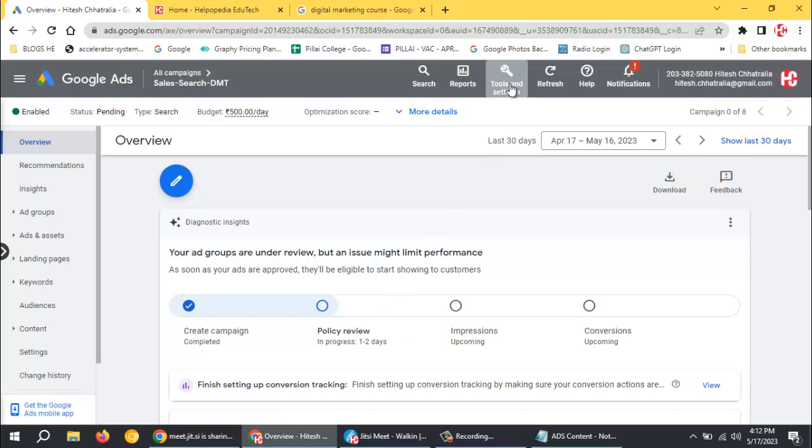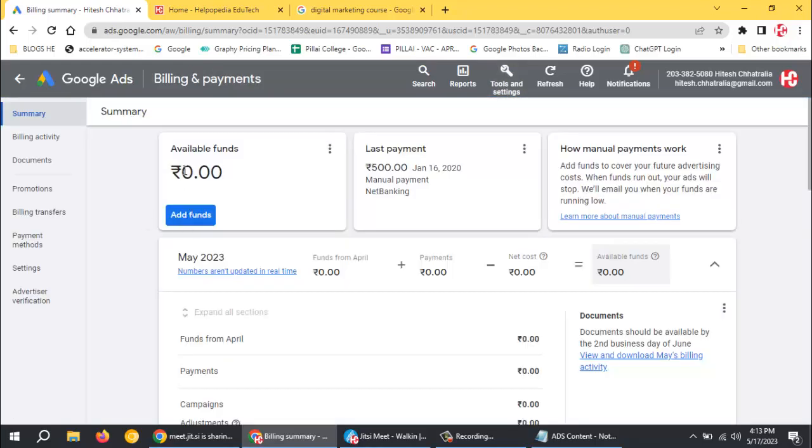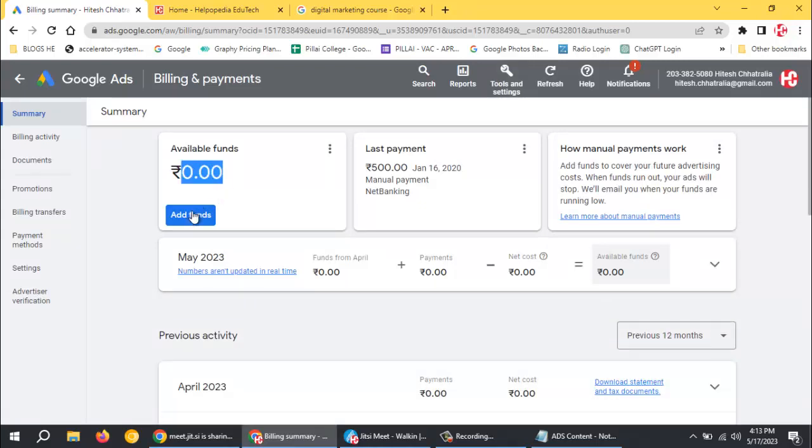For that I can just go to tools and settings on the top menu over here, and then in the last column I can see billing. There I can click on summary, and then it will show me the balance in my account. So right now it says that your account's available funds is 0. So now you can add the funds over here,